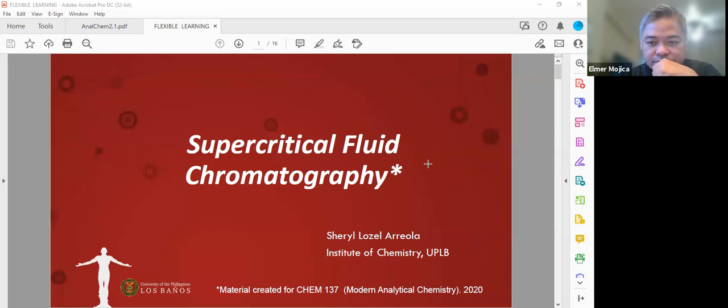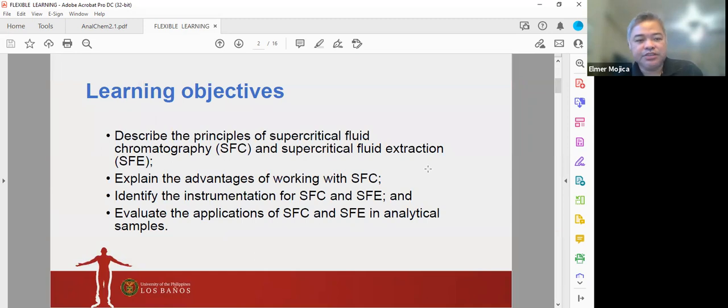So the learning objectives of this module are to describe the principles of supercritical fluid chromatography and supercritical fluid extraction, explain the advantages of working with supercritical fluid chromatography, identify the instrumentation for SFC and SFE, and evaluate the applications of SFC and SFE